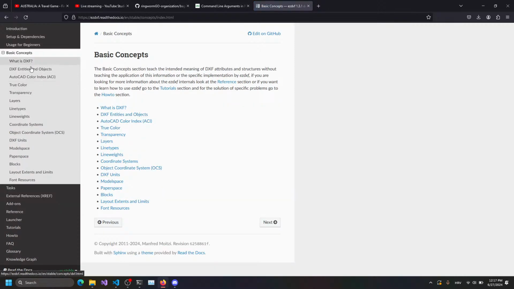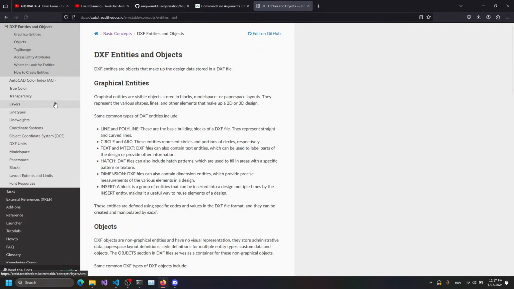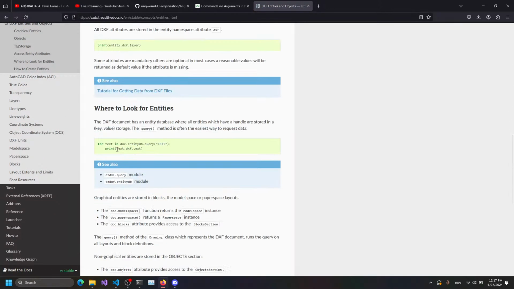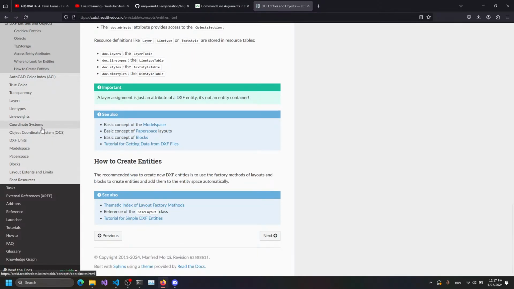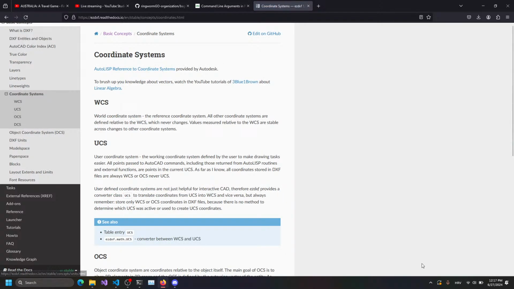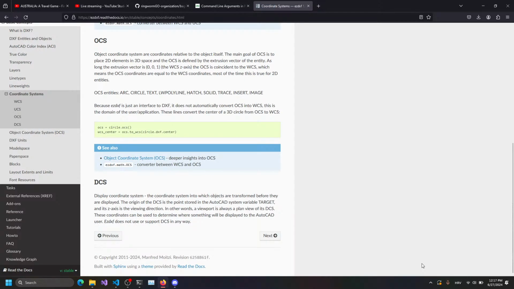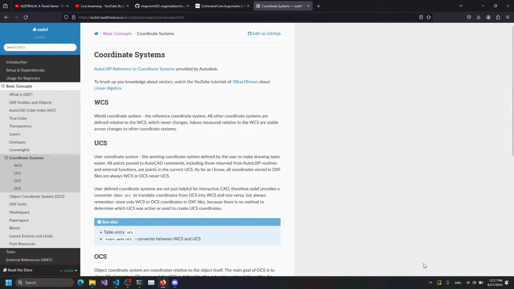Basic concept. Maybe it's this. Entities and objects. Okay. Where to look? Okay. How to? No, I don't want to create. Maybe this coordinate system. Okay. What? That's actually